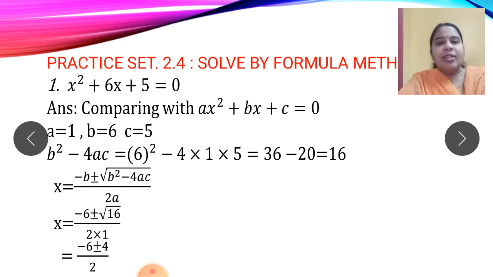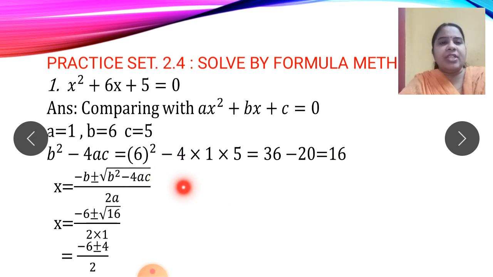After this, the formula is x is equal to minus b plus or minus root of b square minus 4ac upon 2a. I would like you to solve separately for b square minus 4ac. Many don't do this separately. They directly use the formula and start substituting in that. But I would suggest you first find this separately. B square minus 4ac: b is 6, so 6 square minus 4, a is 1 and c is 5, so 4 into 1 into 5, so 20. 36 minus 20 is 16. So b square minus 4ac is 16.